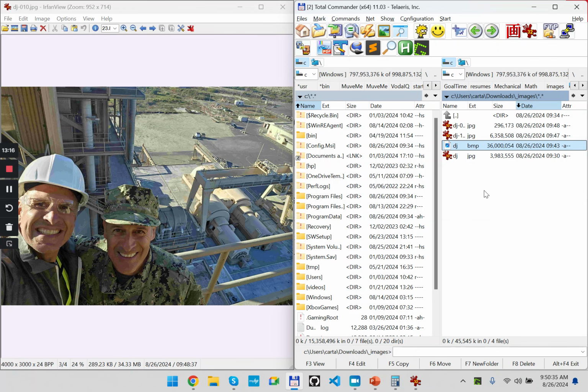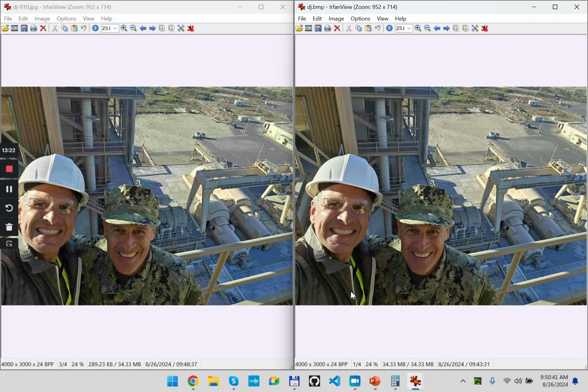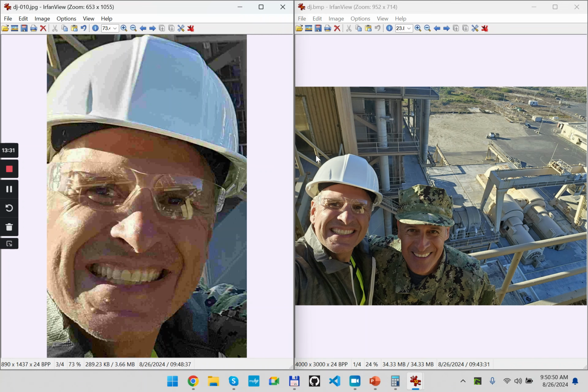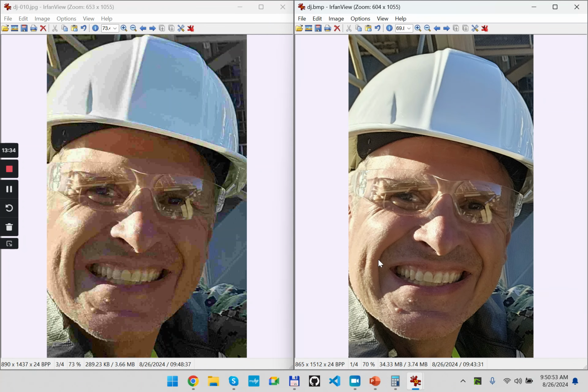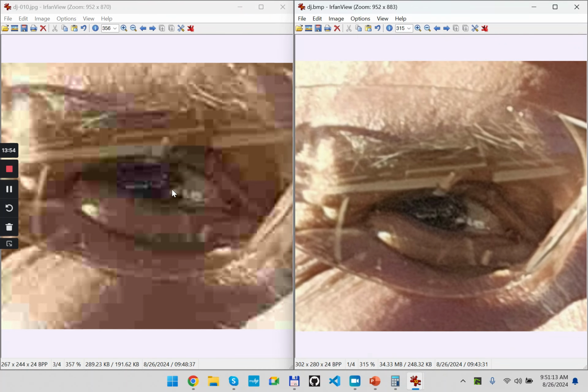Anyway, so I just bring this into OpenView, and we look at it side by side. You really can't tell the difference, right? But if I was just to grab my head here, and I was to grab my head here, you still can't tell the difference. So, actually, you can. Up here in the image, you can kind of see that it's a little pixelated. And then even on your chin and your forehead. Yeah. So if you look at my eye, you can see here this is pixelated. But on the original image,